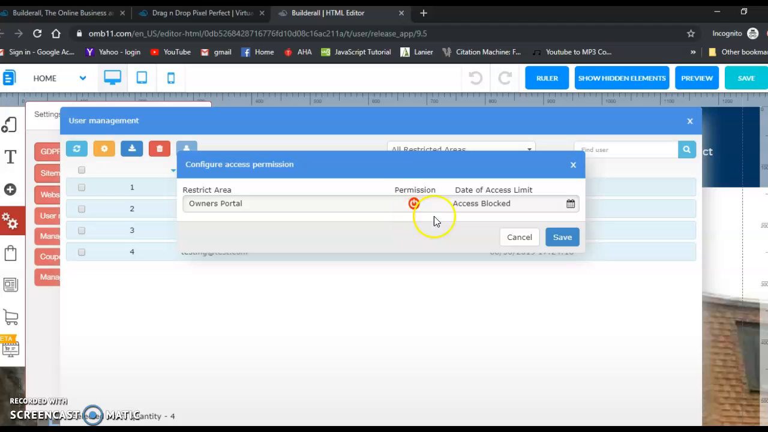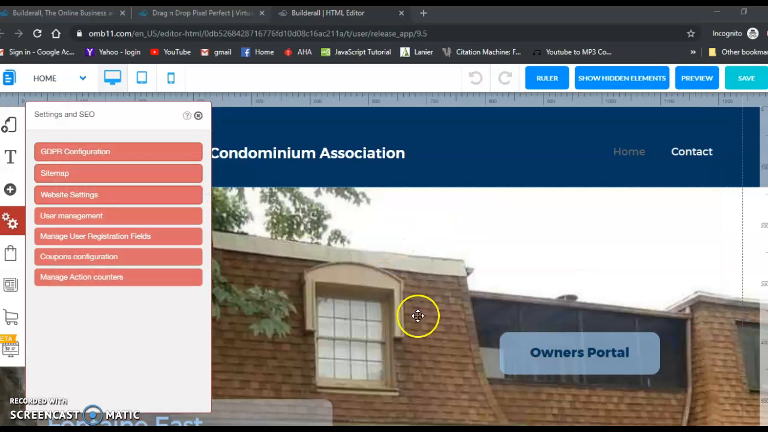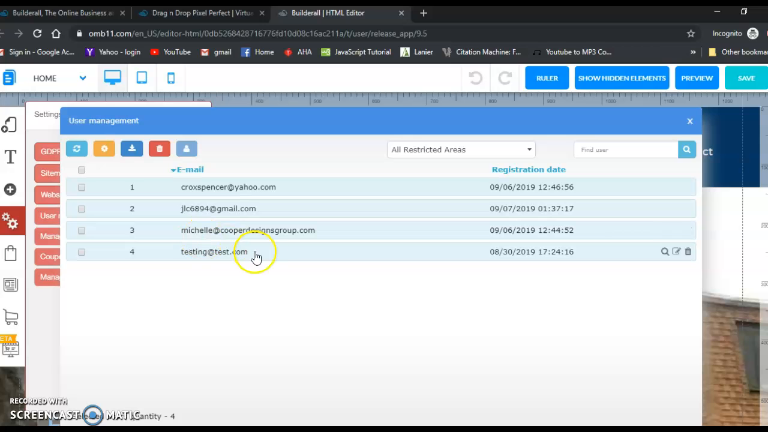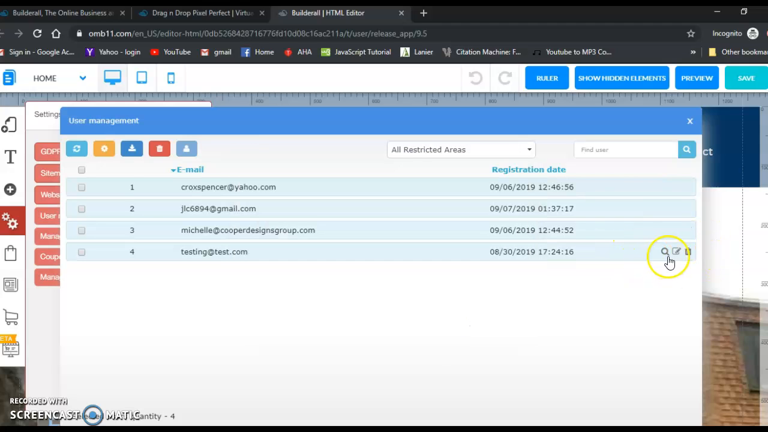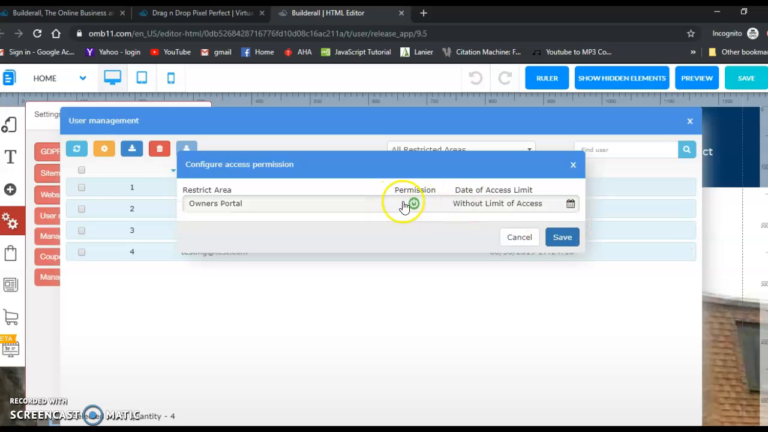But if you want to continue having them access the website, you can click it. It'll turn green and it says without limited access. Once you've done that, okay, so we're back in the user management section, and once you have accessed the to give the person permission, the other thing that you can do with this calendar is if you wanted them